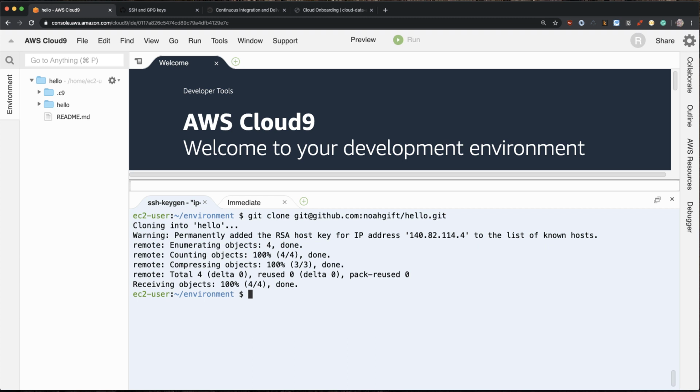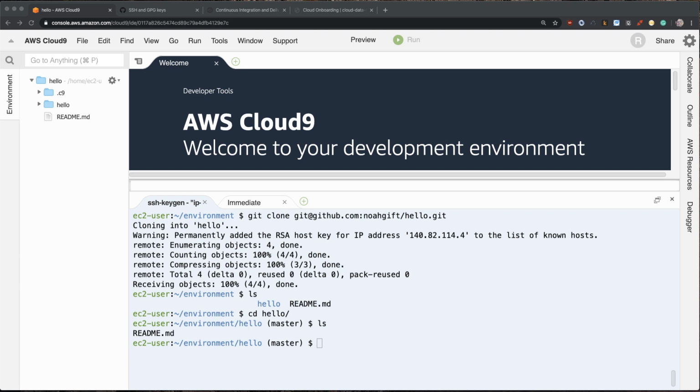Now that I've got access to that, typically what I would do is start to build out the scaffolding for my project. One of the first things I typically do is cd into that directory. So let's go into the hello directory, and then we can add some things inside of that readme file. Let's run an echo command. If you see this, this will basically append to this readme file